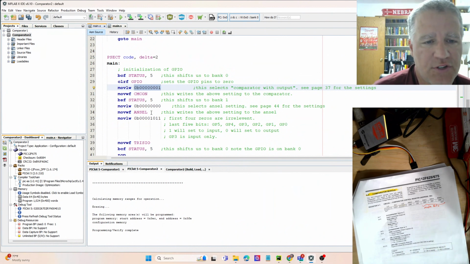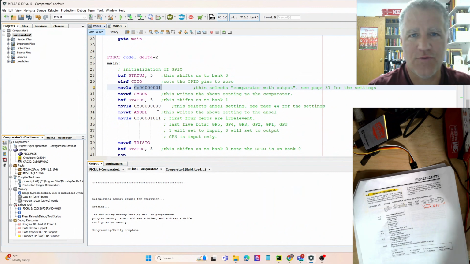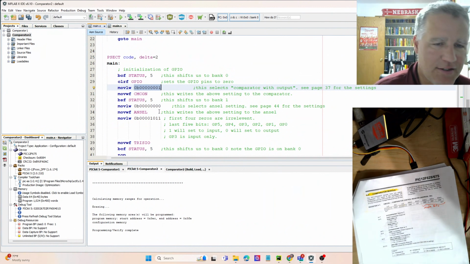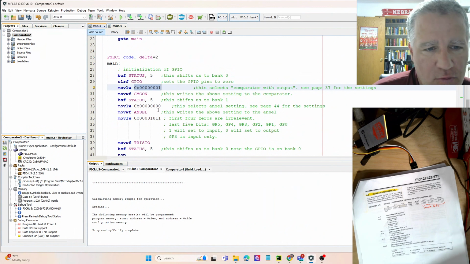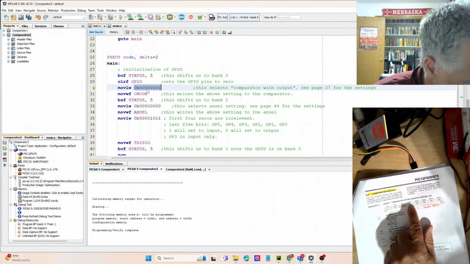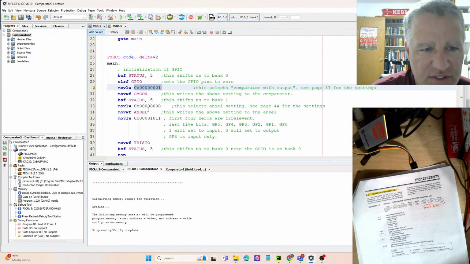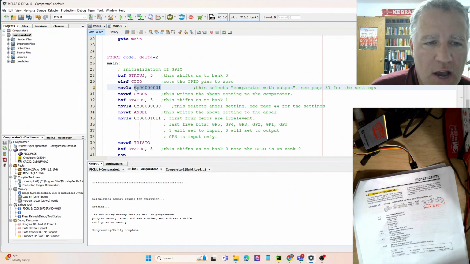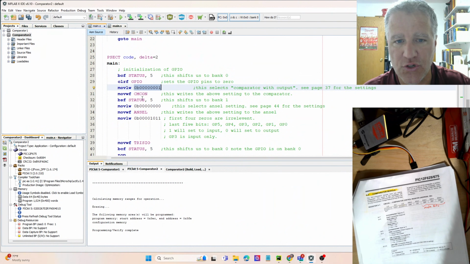In our case here, in this first part, we just want to compare 2 voltages. And we don't really care one or the other. We could just switch the wires, whether we change the output. But we could do that here with this inversion bit, but we'll just not worry about that for part 1 here. Okay, so we've now moved this literal, this is a literal, now put into the working register. So this binary number is put into the working register. Then the working register is moved into this register. So it isn't until this step that this register has been written to,